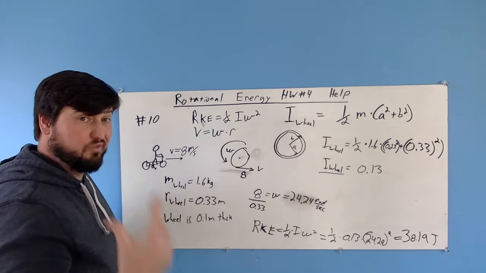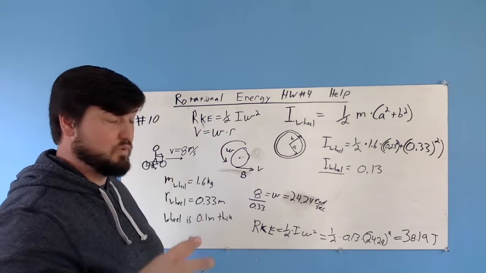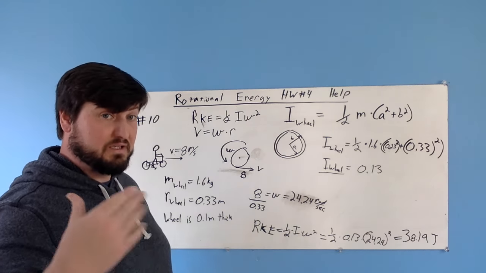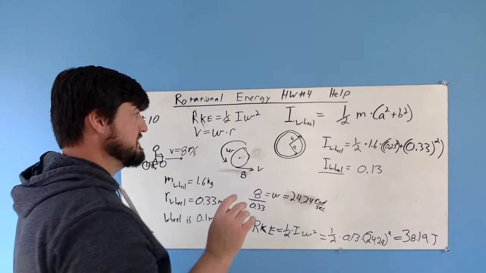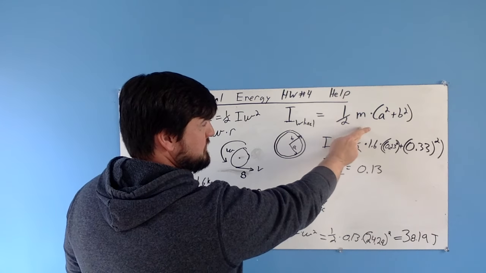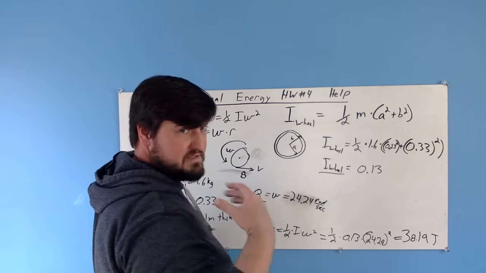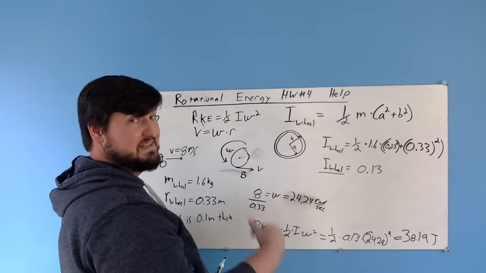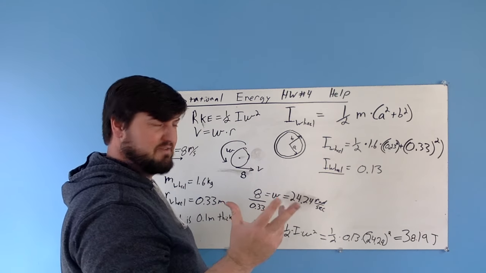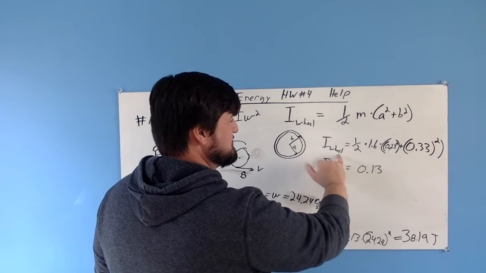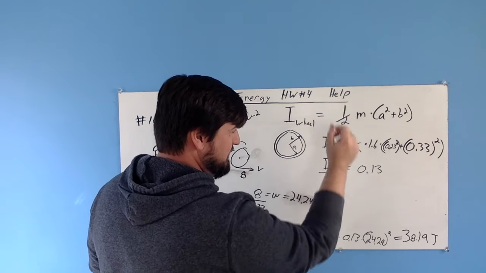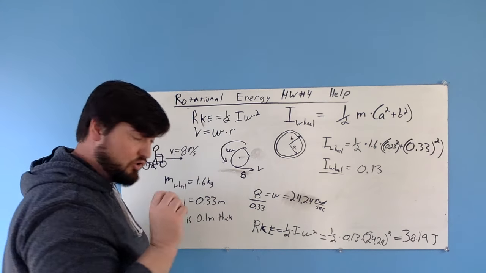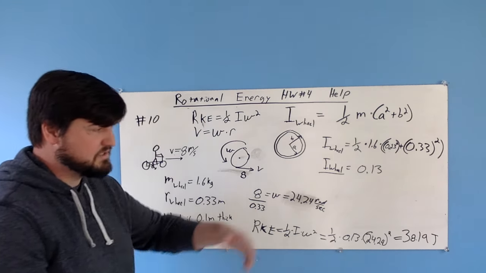To find our I, we have to look it up off of a table. It has to be given to us somewhere. I'm not going to expect you guys to memorize this, and neither will they on the AP. They will give you these values. They might have you calculate it out based on some stuff, but that's about it. So here we've got the formula for a wheel. It's not given to us because it changes based on the inside and the outside radius. Radiuses, radii, right? Okay, so once we plug all that in, you get the I for the wheel. Use that and that, your rotational terms, to find your rotational kinetic energy, and voila,